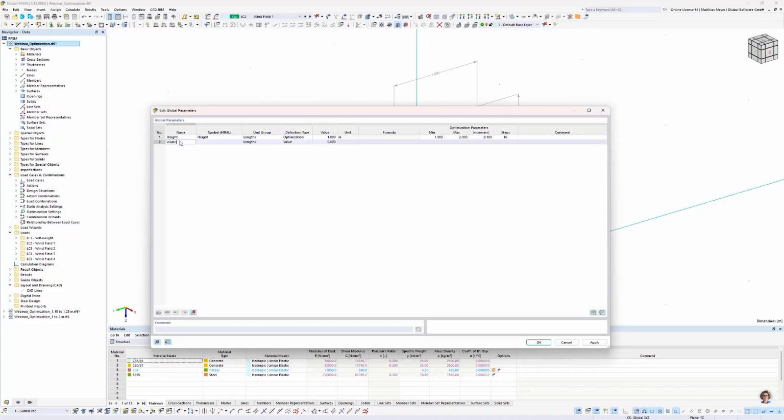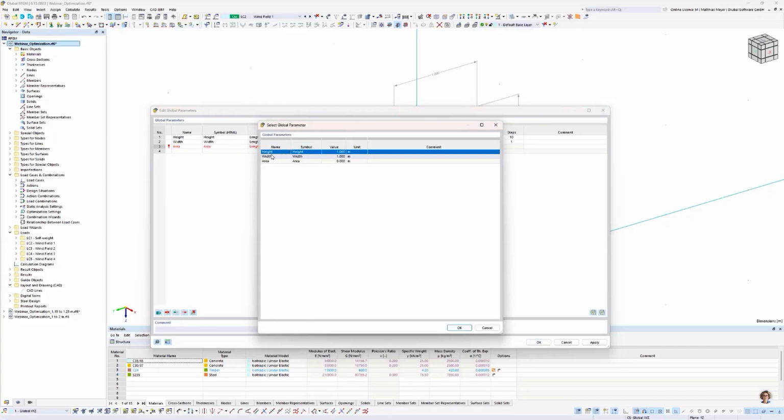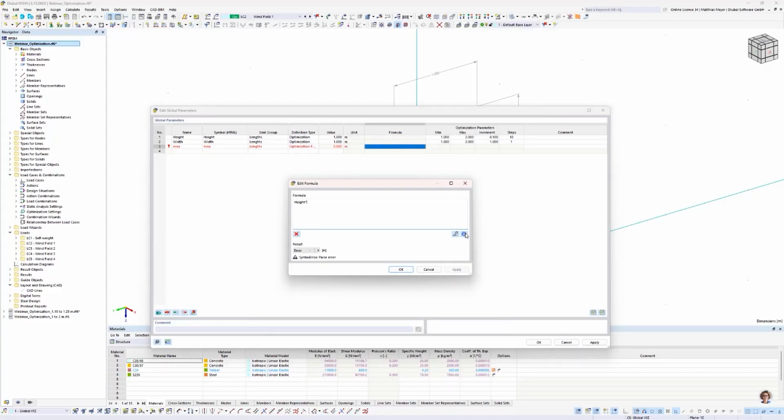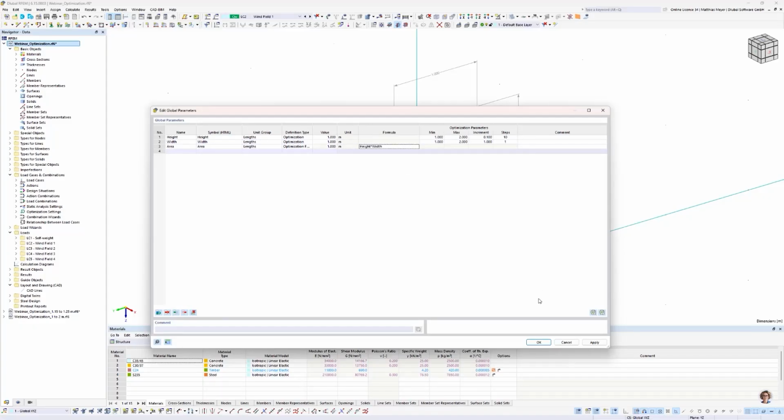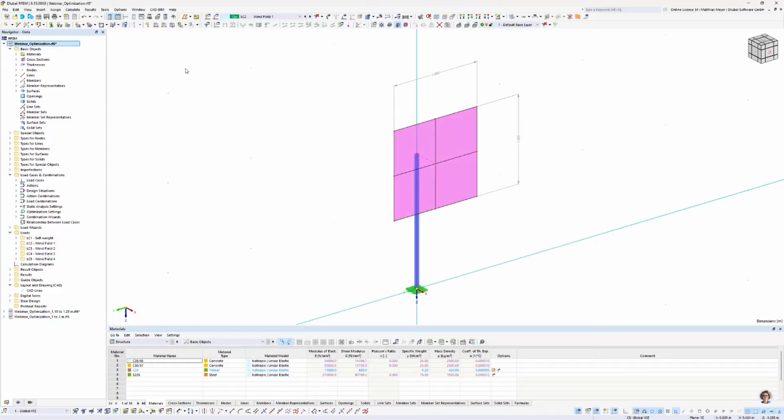We also need a width, where I'm going to do the same from 1 to 2, and we have to define our area, which is in this case not a fixed value, it's an optimization formula. We define this here by height times width. All right, and we're also going to choose 10 steps for our width. Press OK, and the next thing we have to do is